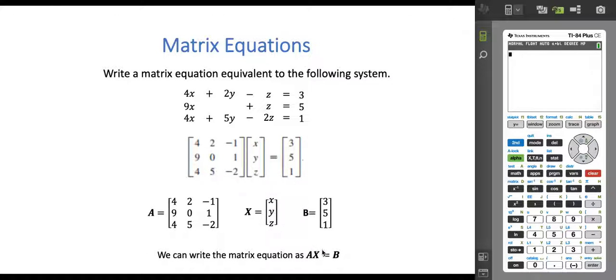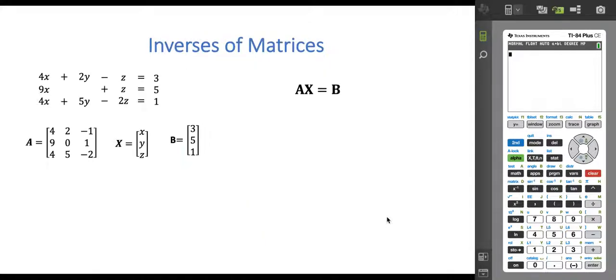And A times X is equal to B. If you missed that screencast, go back and watch it, because I'm using that concept here. All right, so here we have the equation A times X equals B, which takes us back to the original